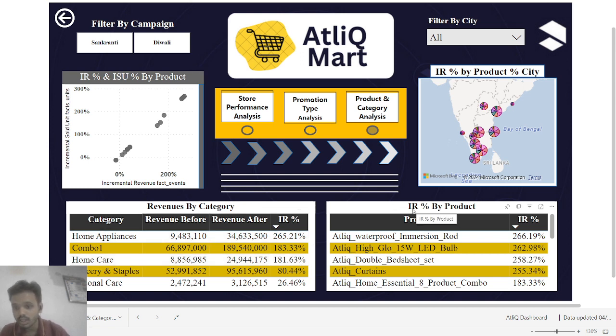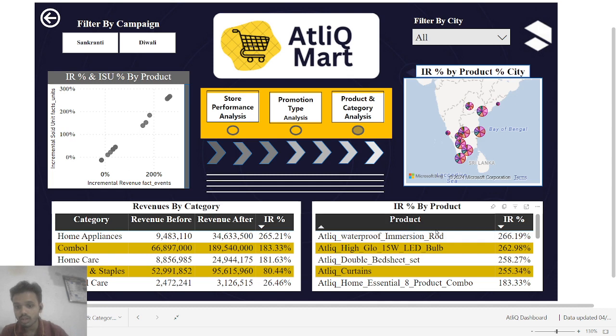Also, in IR percentage by product, we can see that the waterproof immersion rod, as we have previously seen, is a leading product of AtliQ Mart in these two campaigns, comprising both campaigns, at 266.919 percent, followed by LED bulb at 262.98 percent, followed by double bedsheet curtains and home essential 8 product